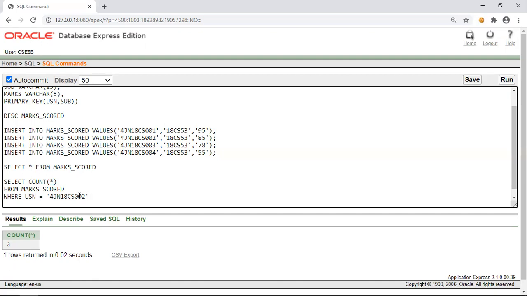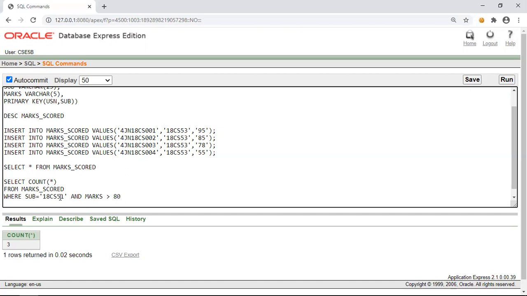Now, suppose if we want to find something like this. Where subject code is equal to 18 CS 51, let me put. We want to know how many have scored greater than 80 in this particular subject. So then we can put one more condition using AND, marks greater than 80.